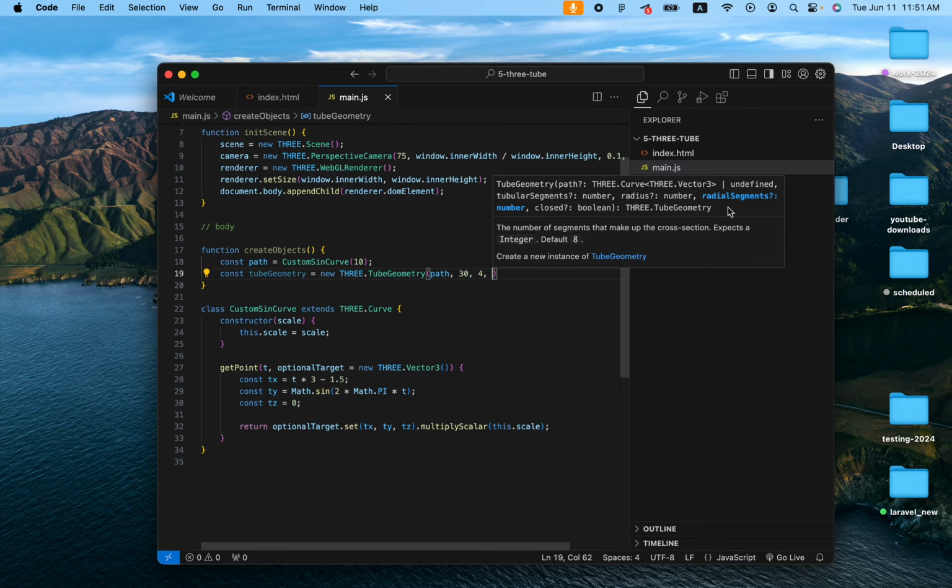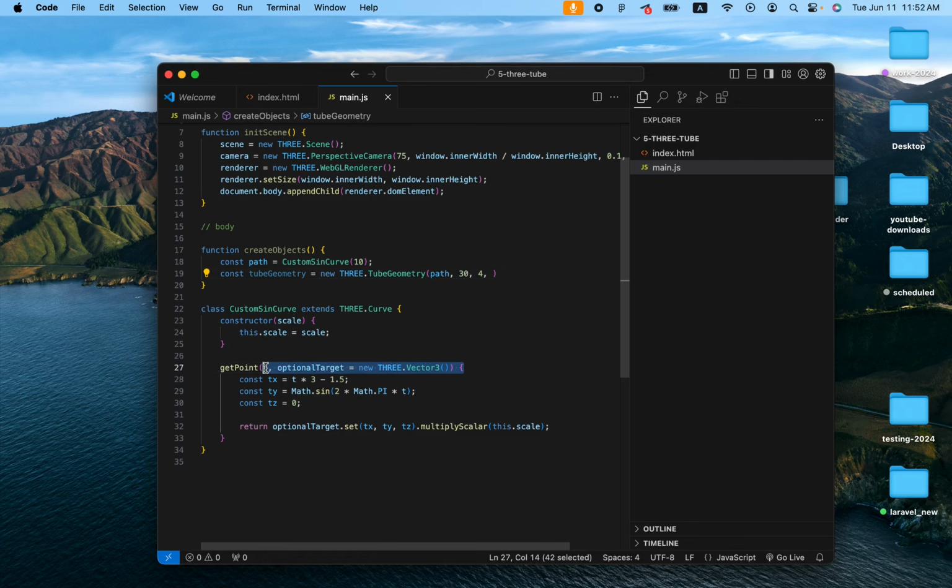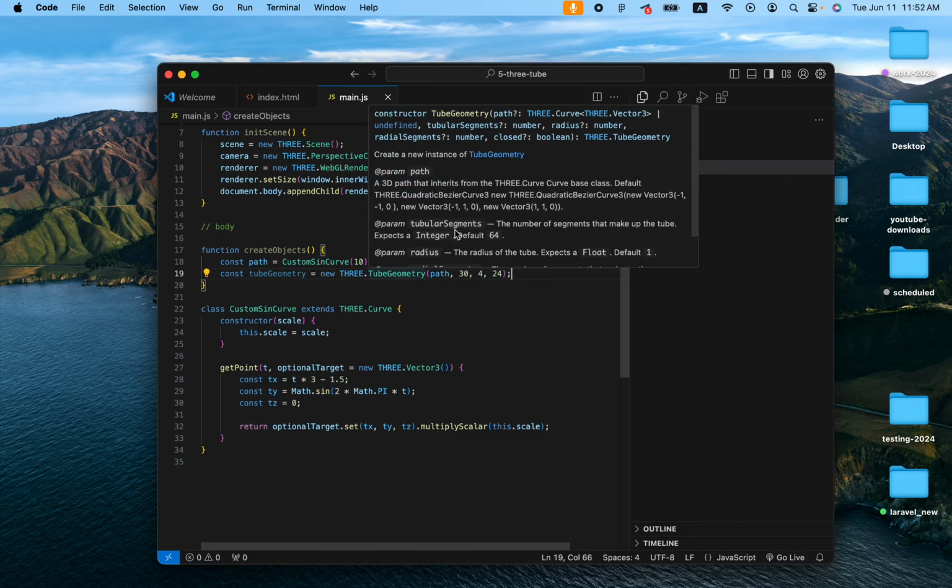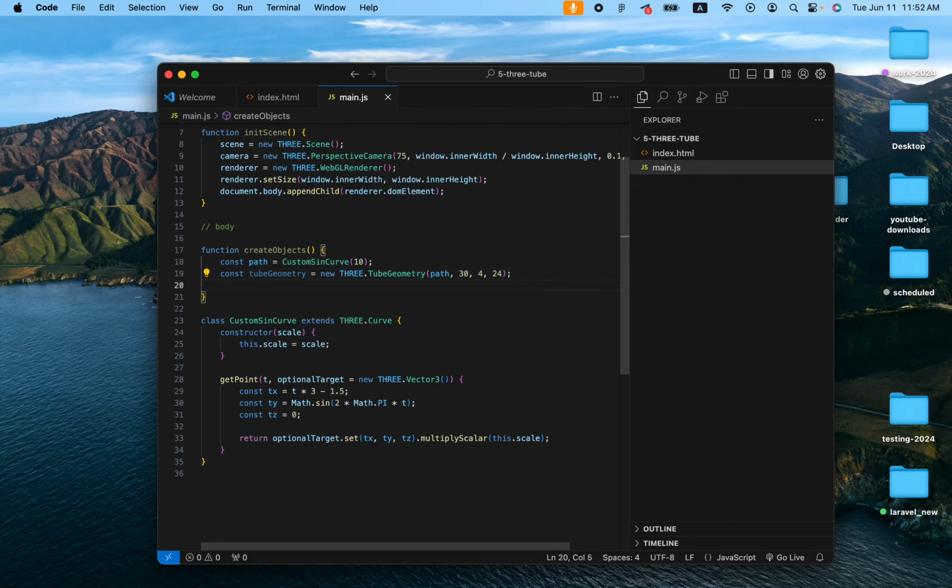So for example, here's the 3D line, and those are the kind of separations that go along the line. For example, here's the big line, and how many separations here? 1, 2, 3, 4 separations. So we can do more or less, and this one I would do 24. And the last argument we're not going to do, because it is closed, and what this basically does is,